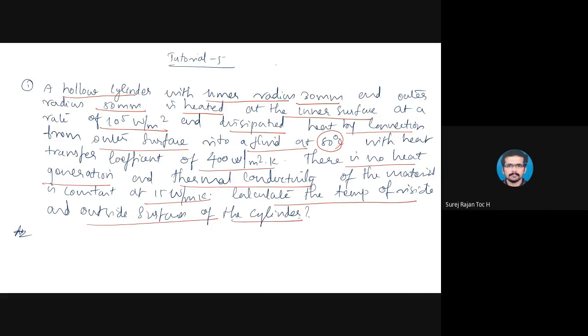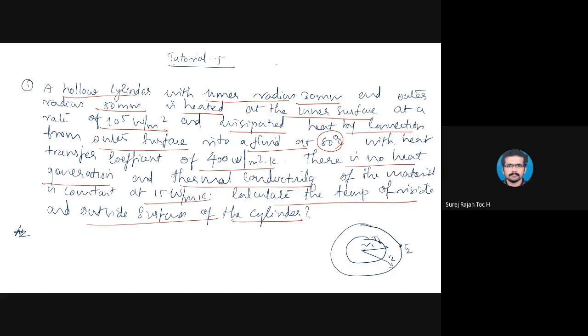Okay, right. Question is clear, I think. Okay, so we draw the schematic diagram of this particular problem statement. From the problem statement you can see the domain is a hollow cylinder. From the front portion you can see it like this. Here from the center, the radius is R1, that is the inner radius, and the outer radius is R2. And here the inside surface temperature is T1 and the outside surface temperature is T2.